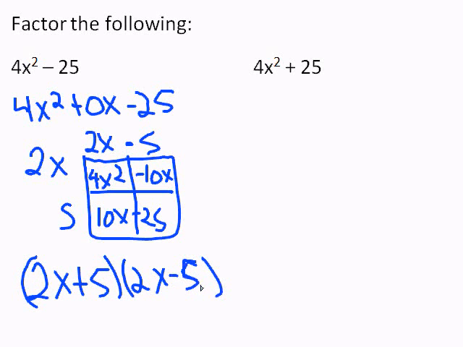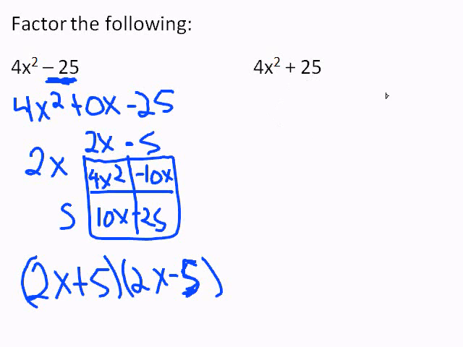Now the reason this works is when we added up the negative 10x and the positive 10x, we got 0x's in the middle. We were able to do that because it was a negative 25, meaning that our 5's had to be the same but different signs. If we go to this problem right here, 4x squared plus 25, and we start trying to factor it,